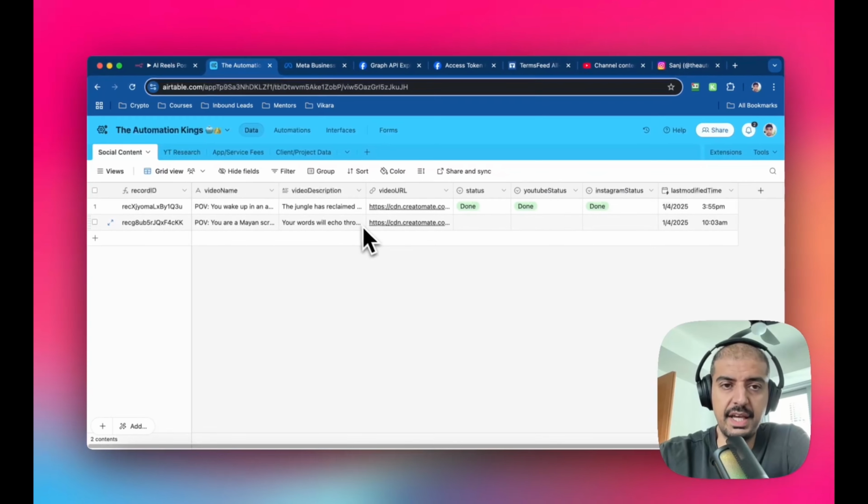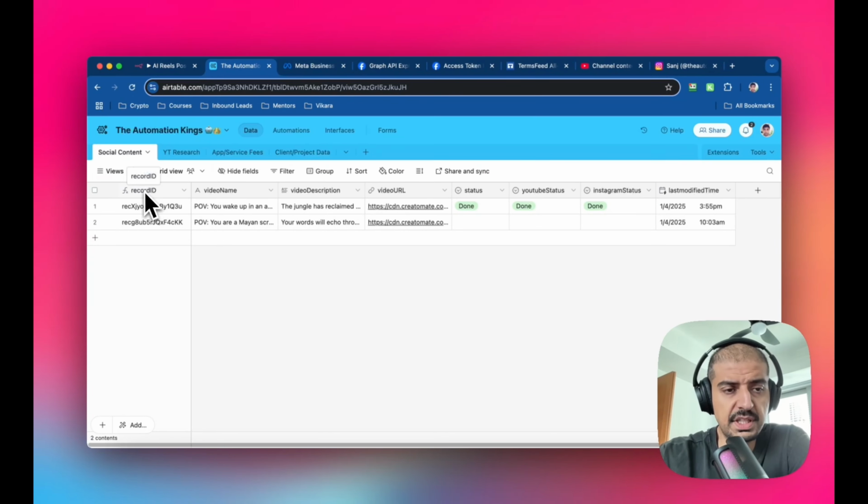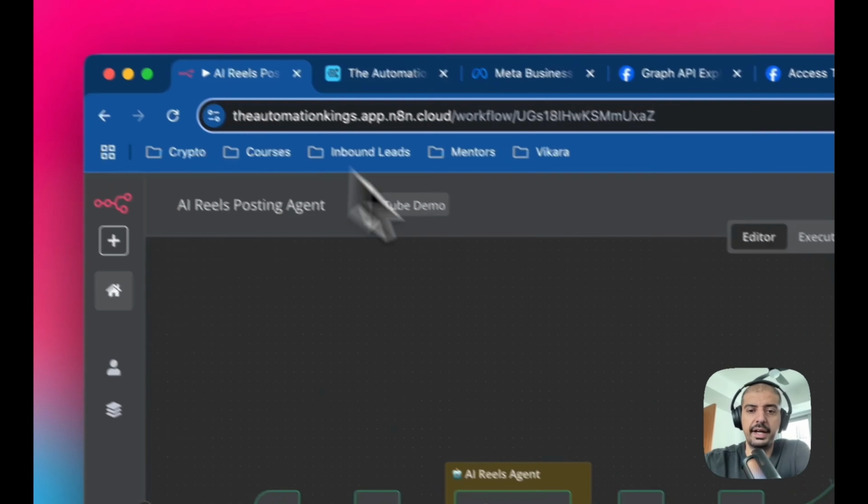You want to basically create a table that looks something like this. Basically, we have a record ID because this is how we're going to search the database, right? You always need a unique field. Then we've got the video name, video description, the video URL. I've got overall status, which is the last thing that gets updated. Once the YouTube is uploaded, the short is uploaded, it will then complete it. And once the Instagram is done, it will do that again, and obviously you've got the last modified time. So you can put in as much content in here as you want,